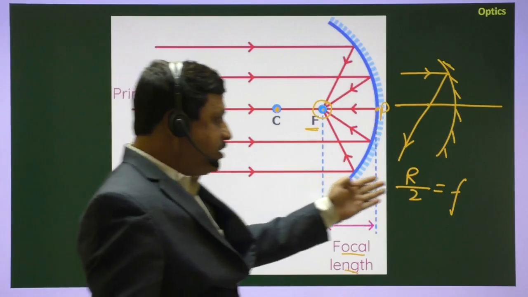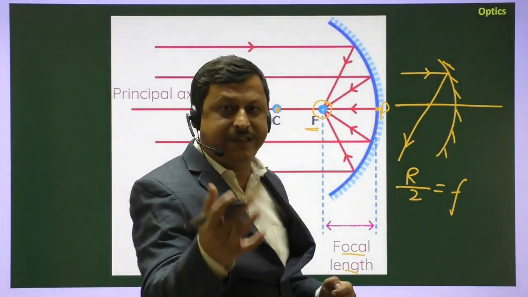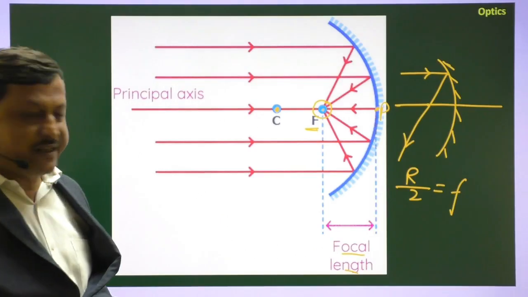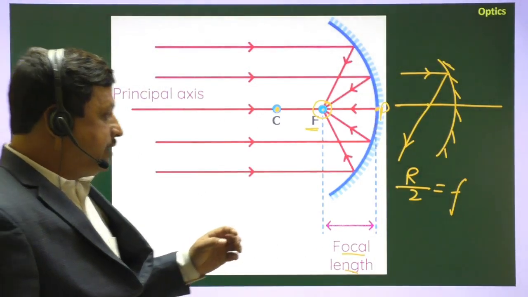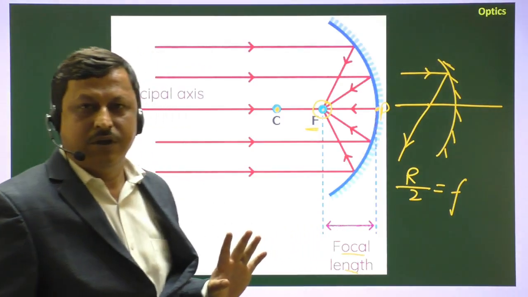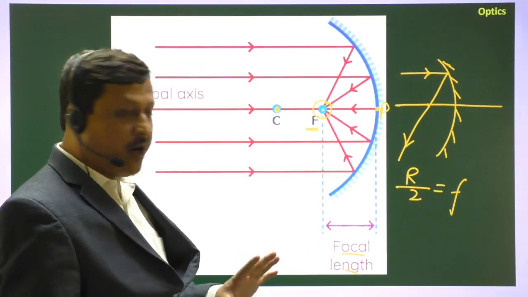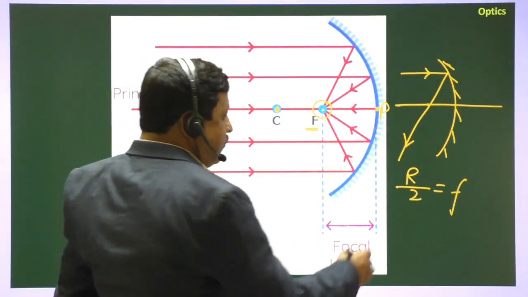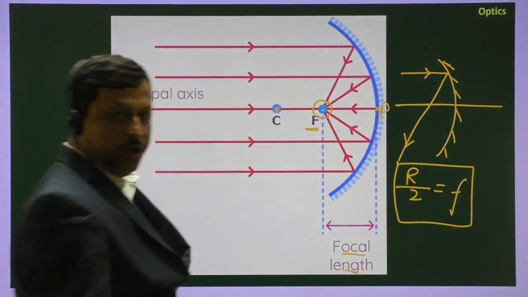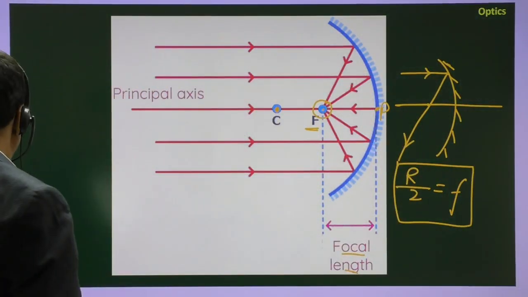This relation is also applicable for a convex mirror. We will discuss it in the next class. This is the rule for each type of curved mirror: F is equal to R by 2. Okay. Next,